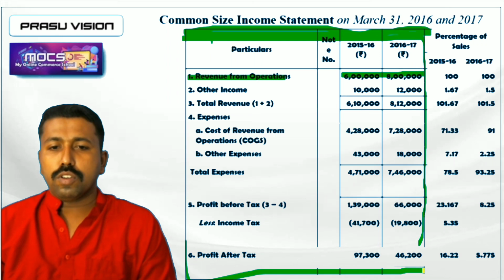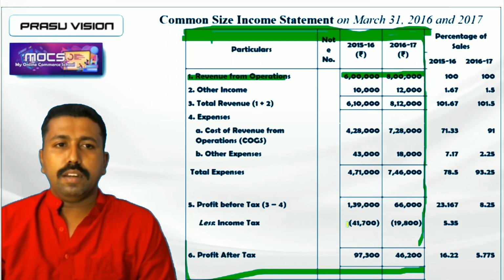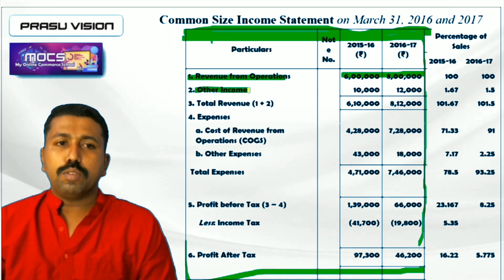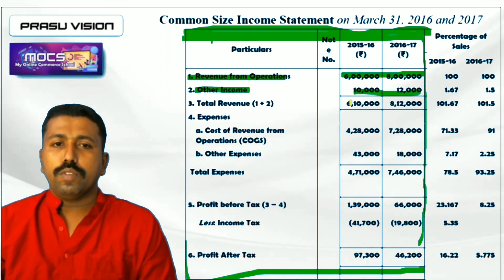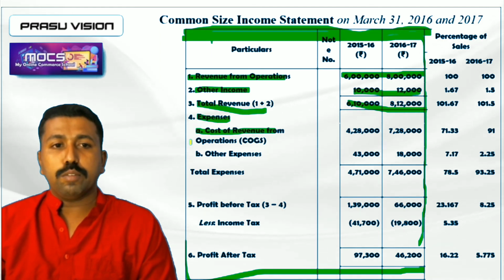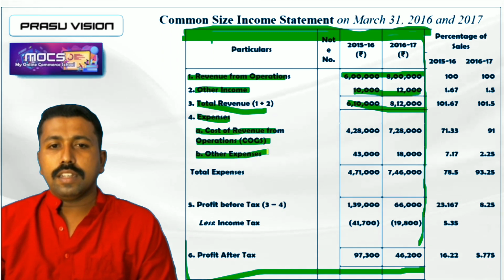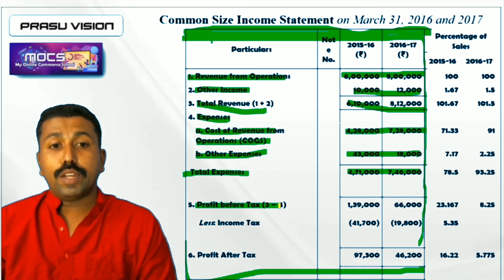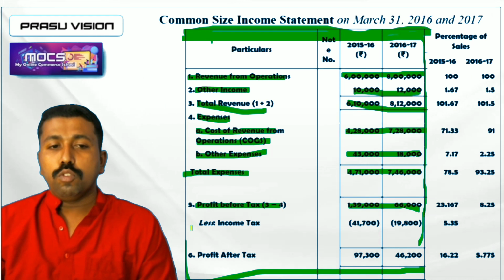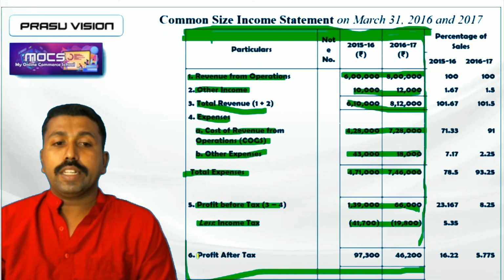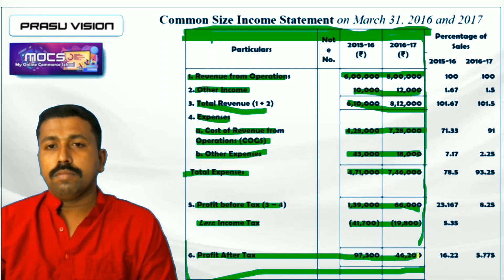So first of all, you have to arrange the things as per the format of the statement of profit and loss. Other incomes will be there. We are adding those incomes. We are finding the total of revenue. Then we are listing the expenses, all the items available in the question. Amounts will be written here, and total expenses are there. That also we are noting. After that, we are finding the profit before tax. We are calculating the income tax from that profit before tax. We are calculating the profit after tax.